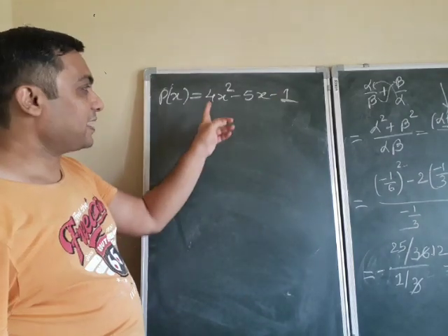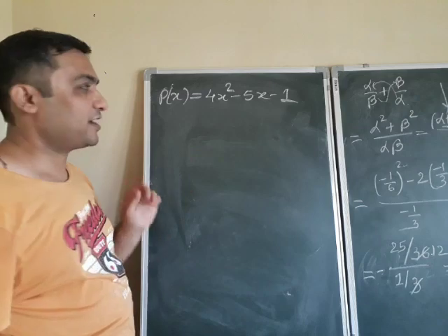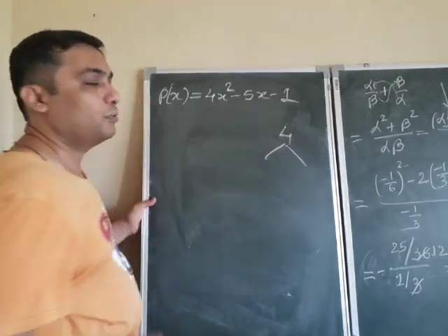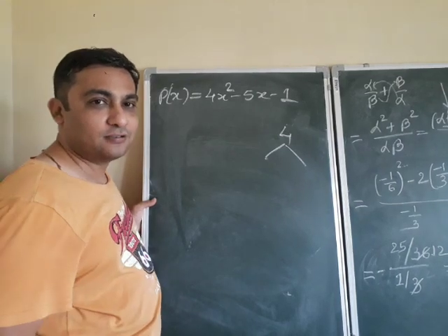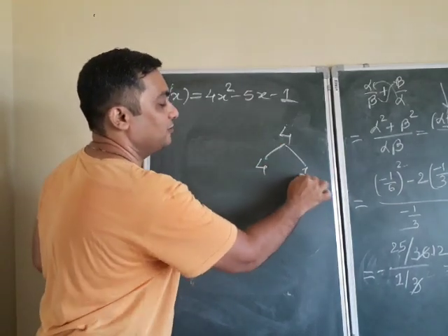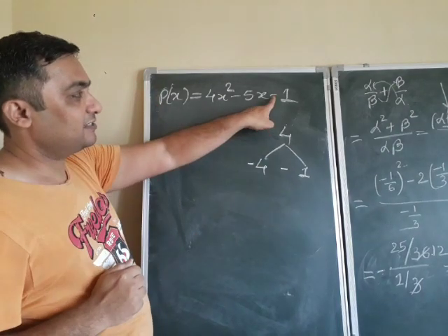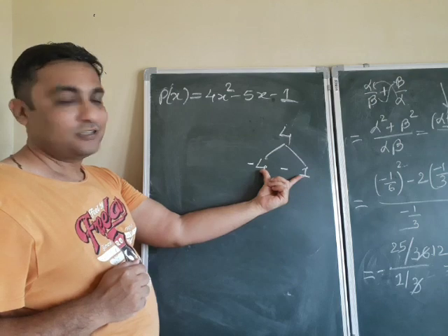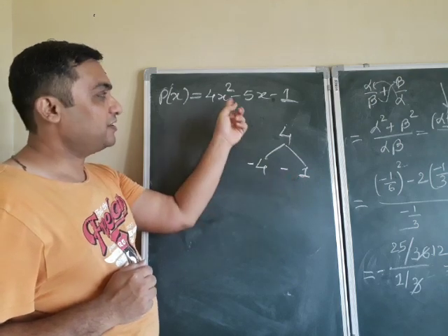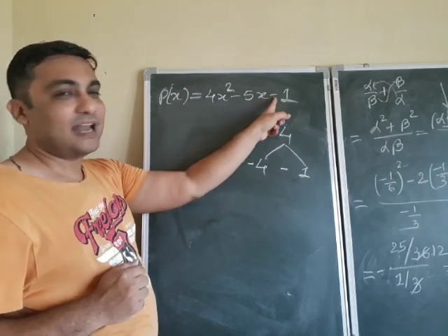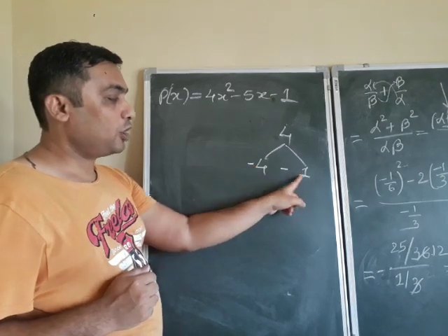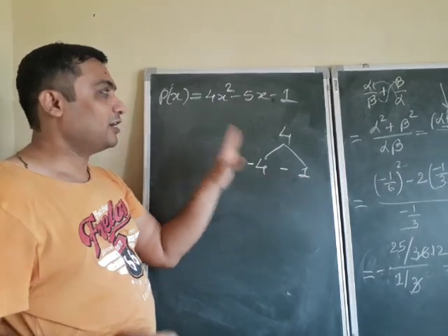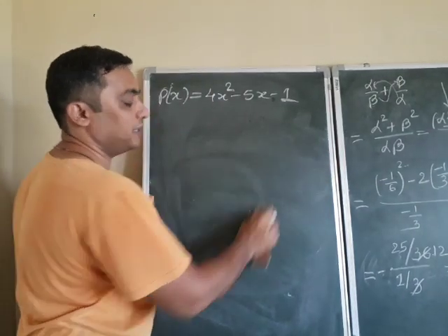Now see, here the factorization is possible or not. First check. 4 and 1, take the factors of 4, 5 will come. Is it possible? You say, sir, 4 and 1, minus 4 minus 1. But as this sign is minus, we need opposite factors. This factorization, minus 4 minus 1, is not valid because the last sign is minus, so the factors must be opposite to each other. Am I right? So this is not possible. So again the factorization has failed.